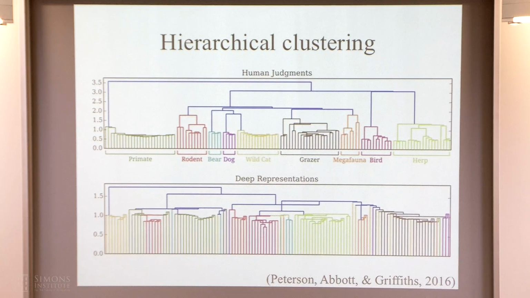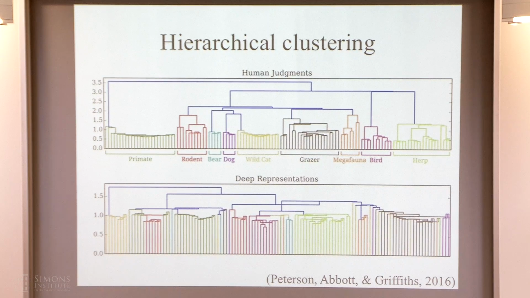But another thing that you can ask is, is there enough information in these representations that we can actually already reconstruct what the human representations are like? One way of thinking about that is the last layer before the output layer in the neural network. What the network is really trying to do at that point is to construct a representation which is useful for answering a variety of different kinds of questions that you can ask the network, right? Questions about how you classify a whole bunch of different classes of things. And so the way that you get there is you take essentially a linear transformation and then apply a nonlinearity.